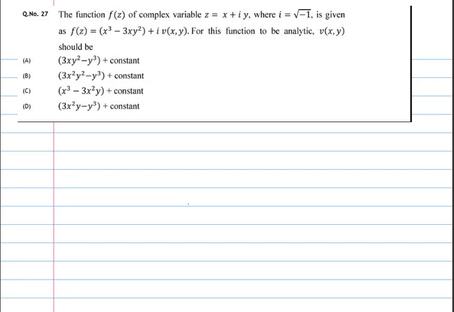Friends, in this video we are going to solve this problem. This problem was asked in the GATE 2020 Mechanical Engineering Department question. It's a 2-mark question. What is the question? The function f of z of a complex variable z equal to